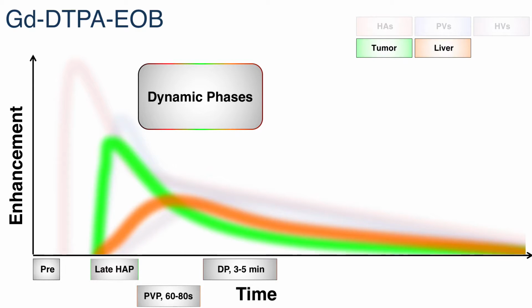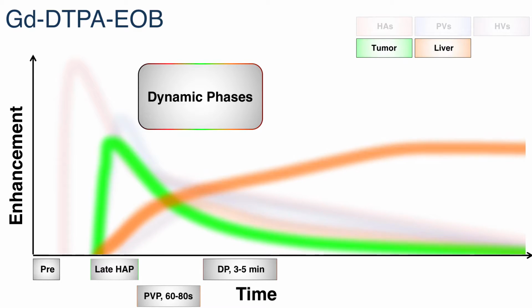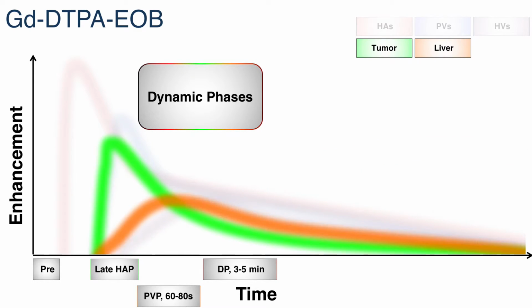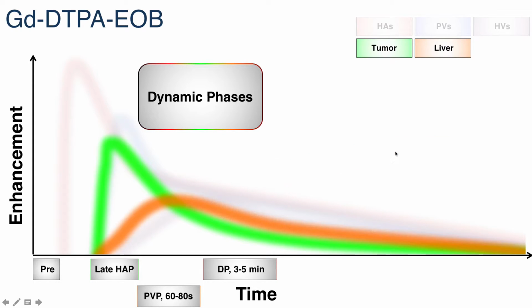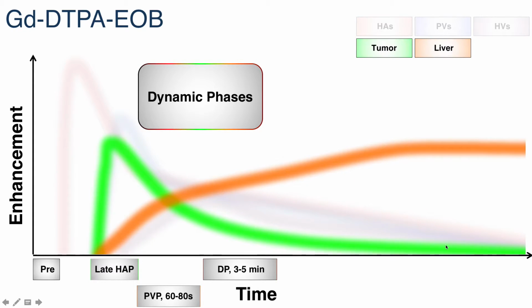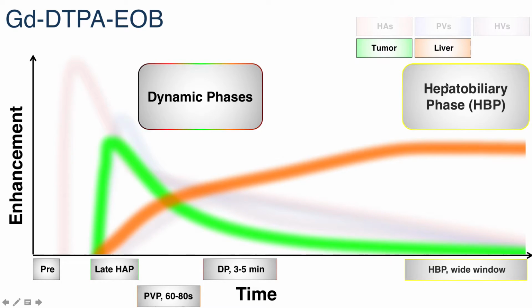Remember, the EOB is going to accumulate in the liver cells. So instead of the liver de-enhancing, the liver will progressively enhance and get brighter and brighter. Notice how much brighter the liver is with gadolinium DTPA EOB than it is with an extracellular agent. And notice why this might be valuable for imaging tumors. Because in this hepatobiliary phase, when the liver is very, very bright,